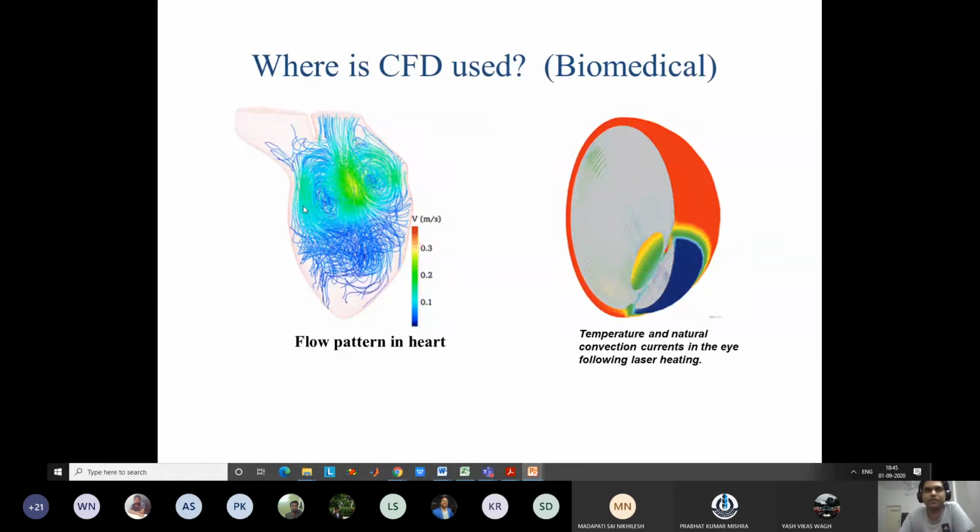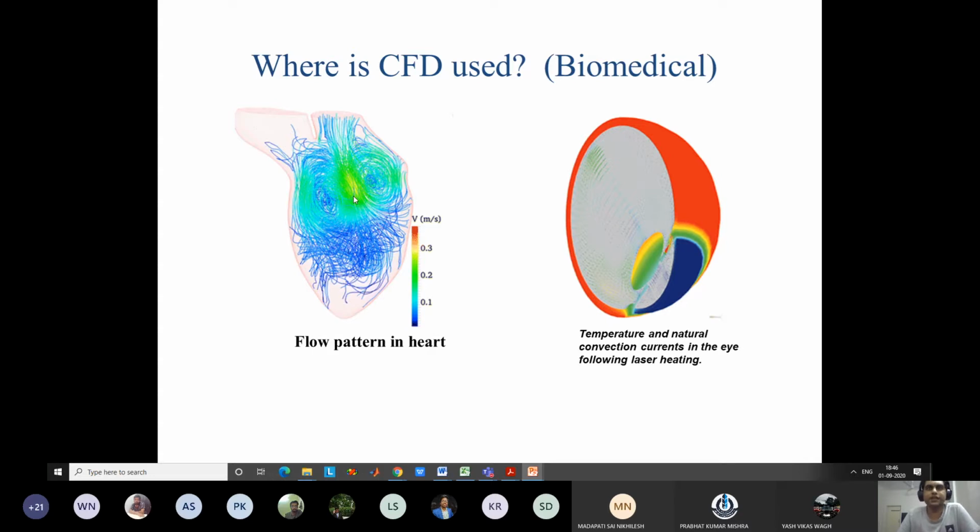Again, here also some students are working in those areas, like say cancer treatment, how to remove a tumor, what is the flow process inside a tumor, okay, a cancerous tumor, how to remove those tumors using a laser. So if I use a laser to remove the tumor, what will be the heat transfer, what will be the temperature in the tumor, can I selectively just destroy the malignant cells, the cancerous cells, without destroying the good cells, can we do that? So this type of research is also very important, and our students are working in this area.